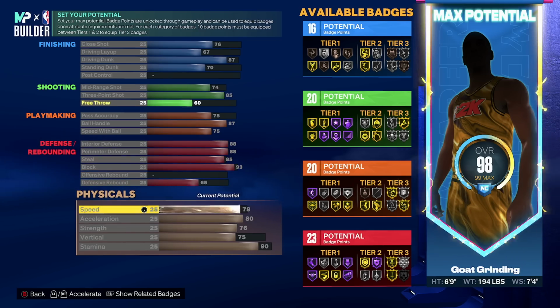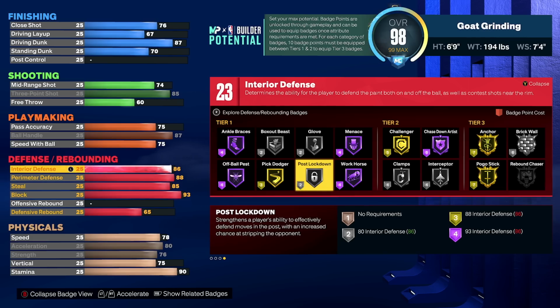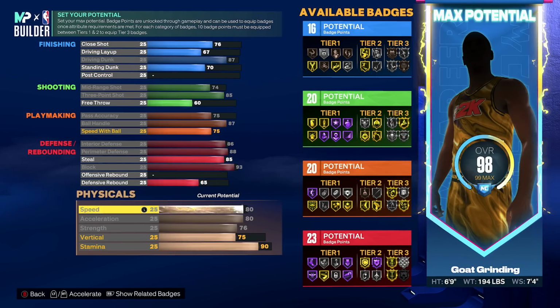80 strength. And if that's not good enough for you, I'm gonna show you one variation you could do, which is bringing down your interior defense to an 86. Obviously, you lose post lockdown gold. If you do this, it'll go down to silver. But if you don't care about that, you could do that and then make your speed an 80 if it sits right with you. In my opinion, this looks better, but it's worse for your build, if that makes sense. But if you want to do this, if this is what you're comfortable with, by all means, you could do